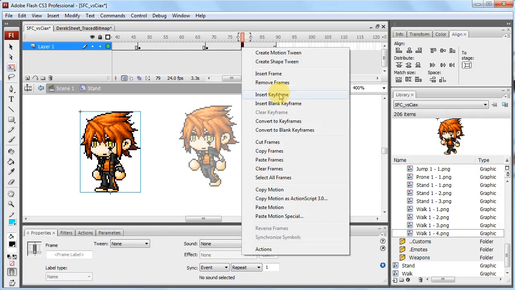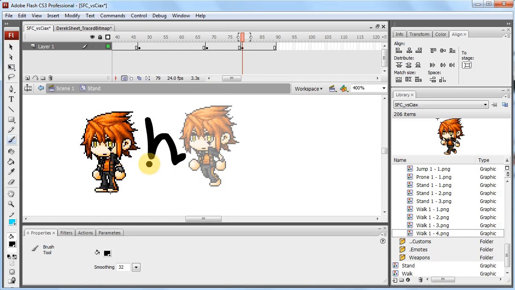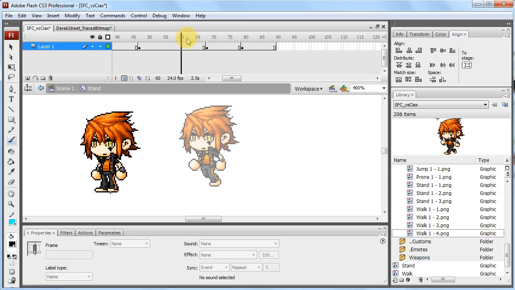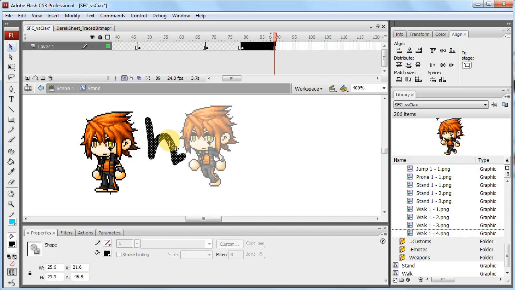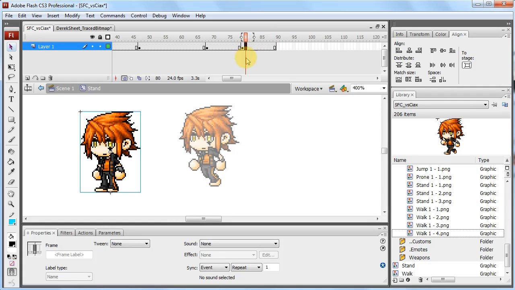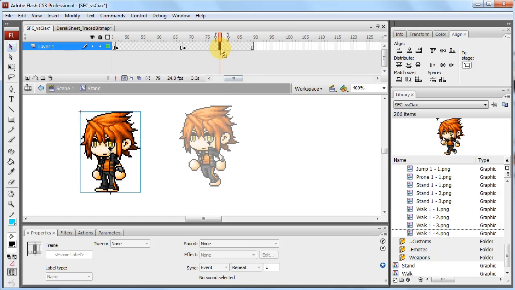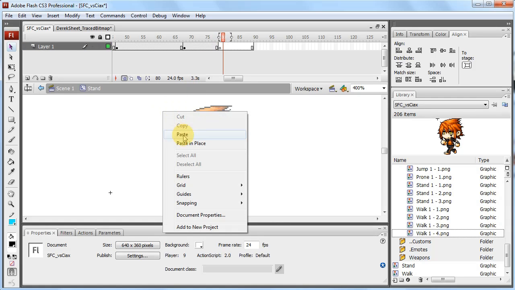Anyways, if I hit insert keyframe, basically what this does is it keeps the same exact thing, but it technically is like two different things. So let's say on this one I draw like that, it won't be here. So if I hit enter, that only appears for that section of it. So this is useful if you want to add on to something that's already there. So instead of, I'm gonna Control Z a bunch. Whoa. Okay, instead of making a blank keyframe, going here and copying, and then pasting,